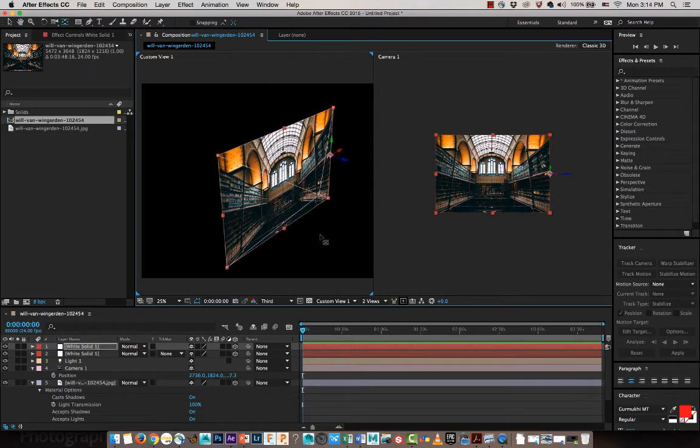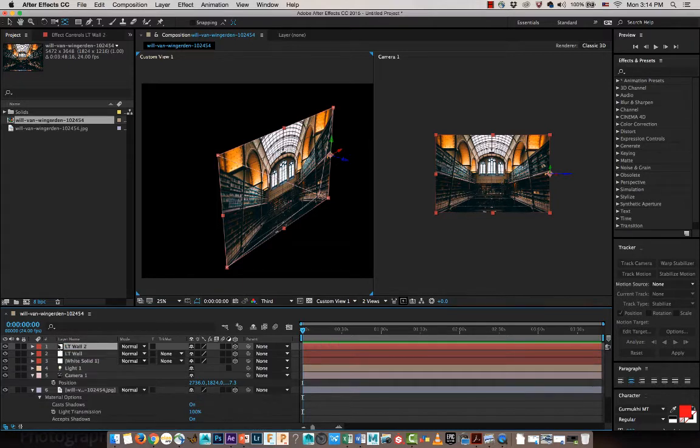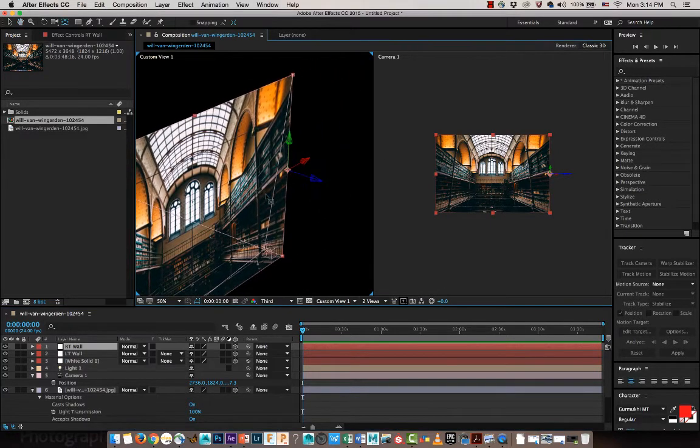Okay. And before I move this, I am going to name it LT left wall. Then I'm going to duplicate it again, and I'm going to name this right wall, because if you moved it, then the pivot point would only be usable for one wall. So if you duplicate it right away, you would have another wall that is ready for you to move. So I'm going to select the right wall,